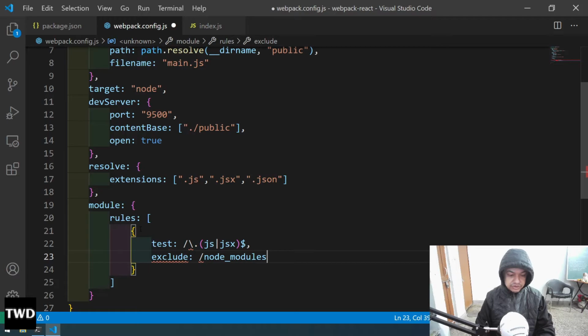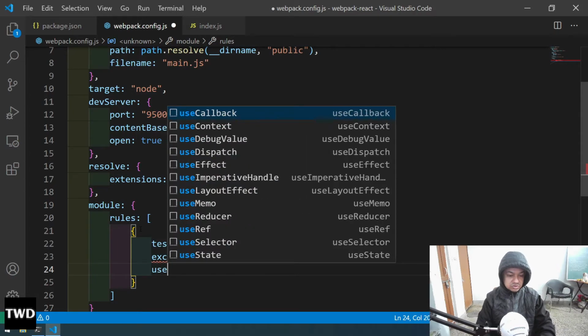So why are we excluding node_modules? We are excluding node_modules because node_modules already have all this. So the rule is there, you should include all the JS and JSX, telling the kind of file extension the rule should look for. We should only look for JS and JSX files. Okay, so these rules are there, and then